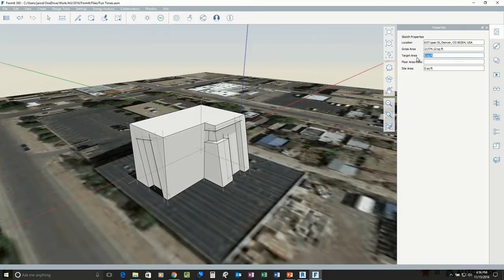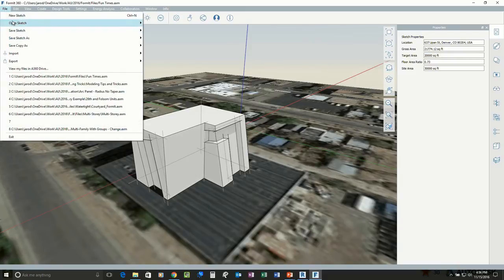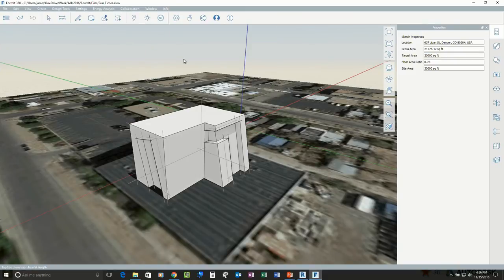Then I can come in. I can set up a target area. So, you know, maybe I was supposed to be doing 20,000. I'm over that. I can do a site area. I can get a ratio out of it, all right? Now if I go in and I save my local file, now I got levels in it, and now magic